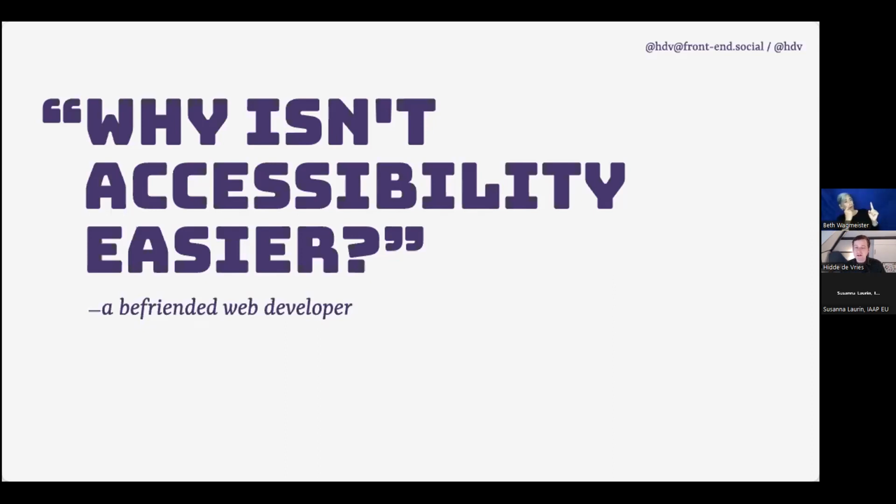It's not a reason not to do it, of course, because it would be ableist to say, hey, accessibility is hard, so I'm not going to do it. We all have to do it for various reasons, right? It's a human right, and the law says so. It makes business sense, etc., etc. Yet it isn't as easy as it can be.